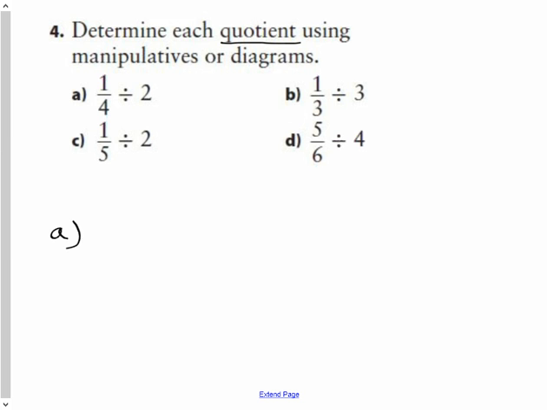It says a quarter divided by 2. So the first thing you need to do is just draw a quarter. And the easiest way to do that is cut a rectangle in half, and then cut each of those parts in half, and then shade in one part out of the 4, right? And that is a quarter. And when we divide it by 2,